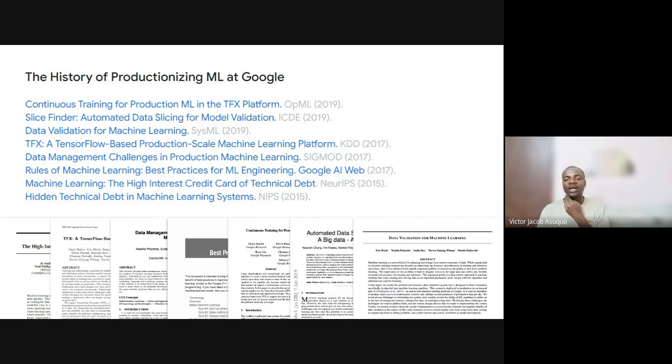TensorFlow Extended, a TensorFlow-based production-scale machine learning platform, KDD 2017. Data management challenges in production machine learning, SIGMOD 2017. Rules of machine learning, best practices for machine learning, Google AI Web, 2017. Machine learning: the high-interest credit card of technical debt. Wow. These are all interesting things you could go look up.